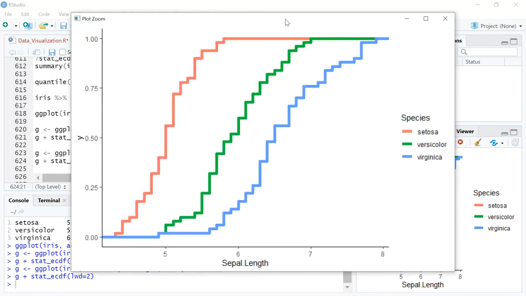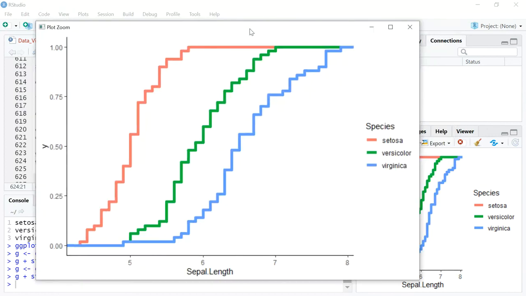This is what we started off with. You can see how Setosa has a relatively smaller sepal length compared to versicolor, and Virginica is bigger when it comes to sepal length. You can also see how each of these species progress to get to their 100%.